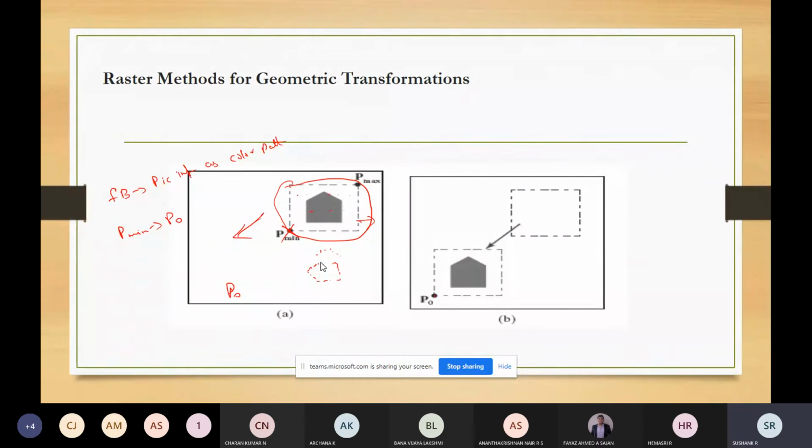In order to rotate an object by 90 degrees in the anti-clockwise direction, the method to be followed is, for example, the pixel block is given by 1 2 3 4 5 6 7 8 9 10 11 12. This is just an example. The pixel block, this rectangular area, is given by these values. So you can rotate an object by 90 degrees in anti-clockwise direction